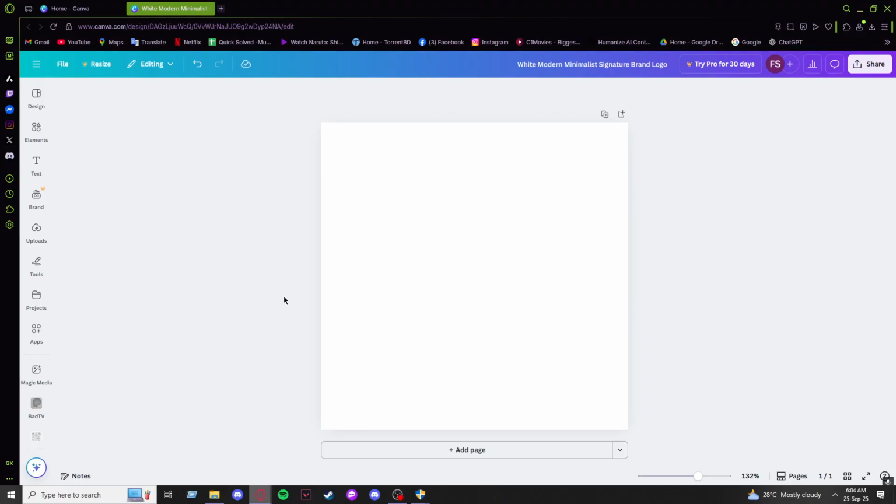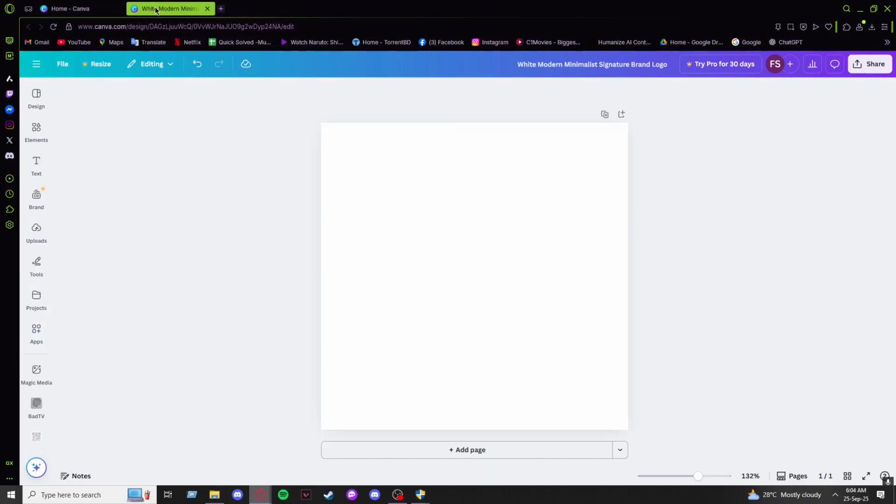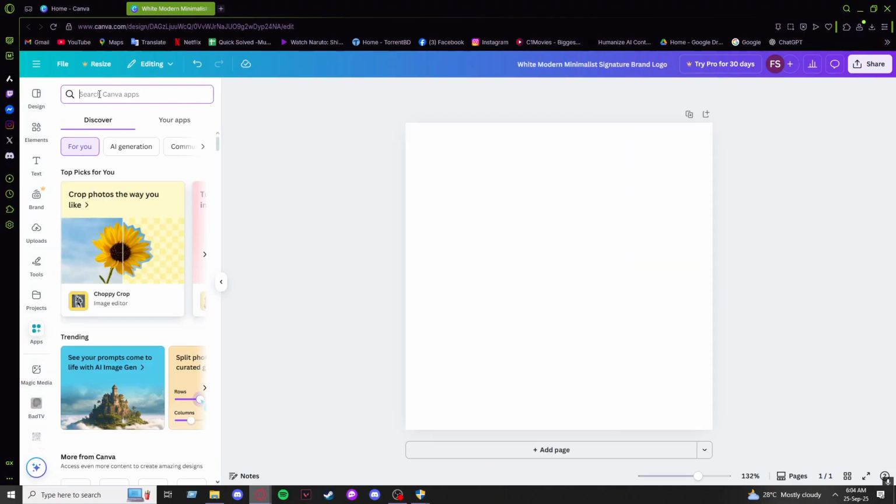Today I'll be showing you how to add the degree symbol on Canva. So in order to do that, just open up your Canva website. After that, just head over to your project that you are working on. So in order to add your degree symbol, just go over here to the apps option, type in equations